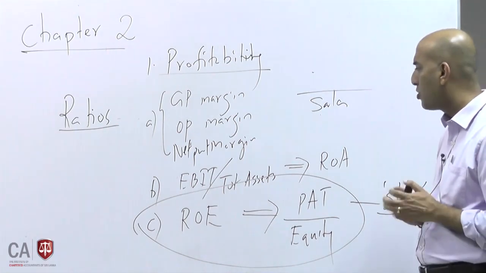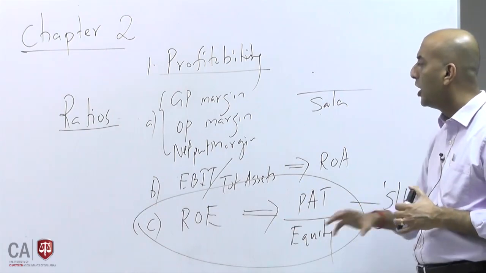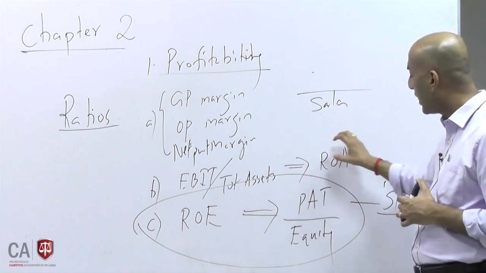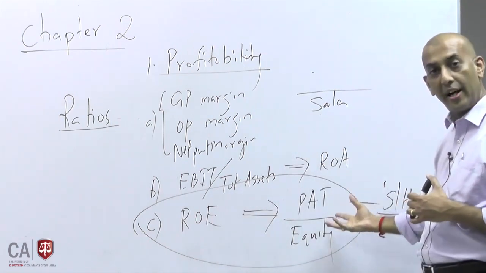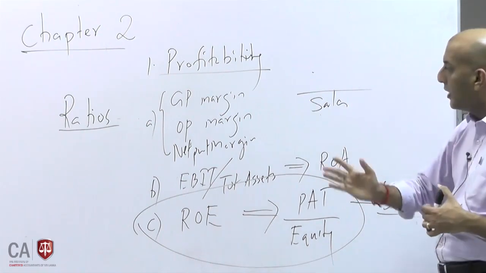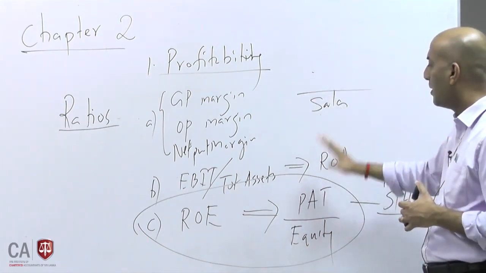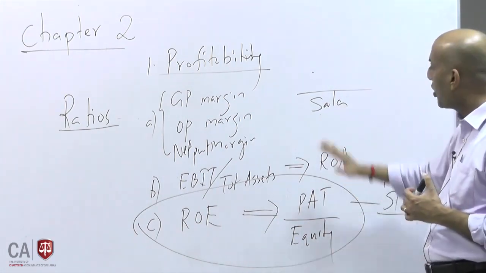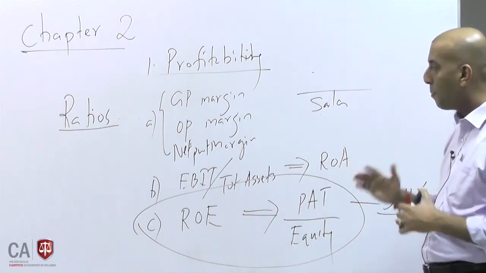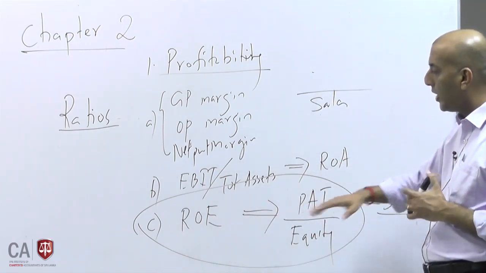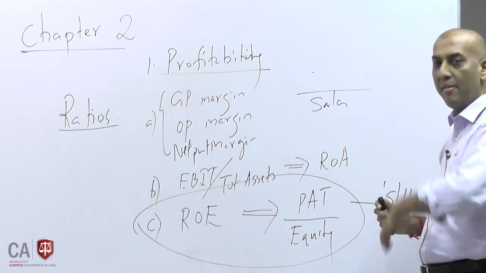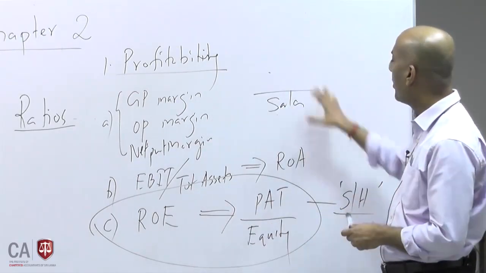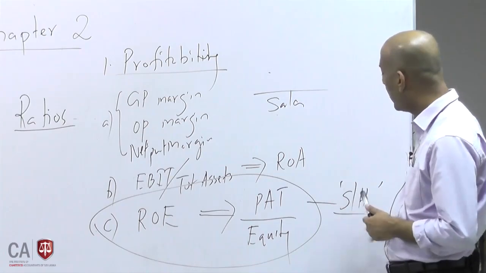So in your case study questions, you will be calculating these ratios to understand how the margins are maintained in the company, how the return on assets is, how the shareholder returns are in the company. As I mentioned earlier, you can calculate for 1 year compared with the previous year, or compared with industry company ratios, or compared with budget. So these ratios can be calculated for the current year and previous years, or industry or budget. That will reflect the profitability of the company from shareholders' point of view.